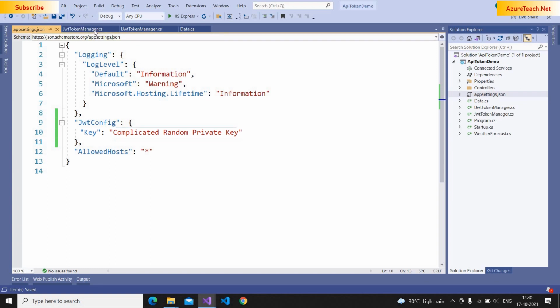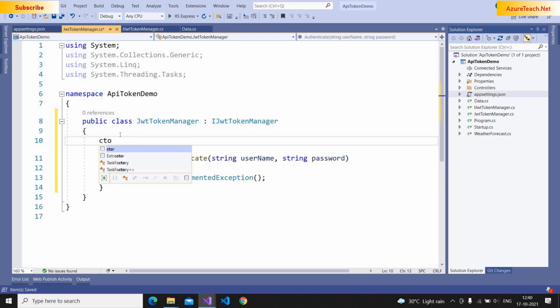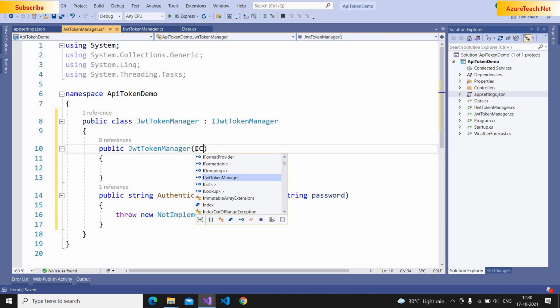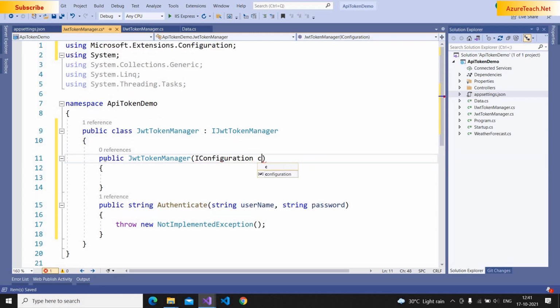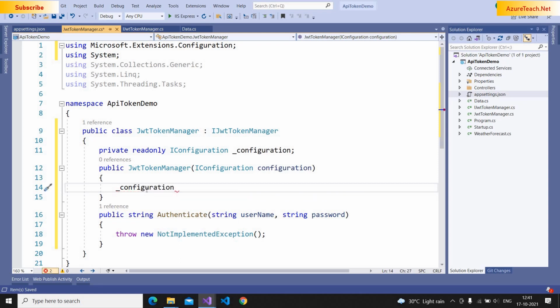And now go back to the JWTTokenManager class, and here implement IJWTTokenManager, press Ctrl dot and implement this interface. And here I am writing ctor and double tap to create a constructor for this class, and we need IConfiguration as a dependency to read the configuration that we have added in the appsettings.json. And here I'm declaring private readonly IConfiguration _configuration variable, and after that I'm initializing _configuration with the